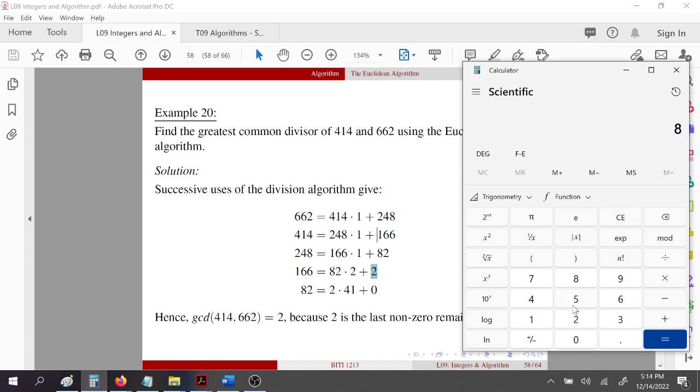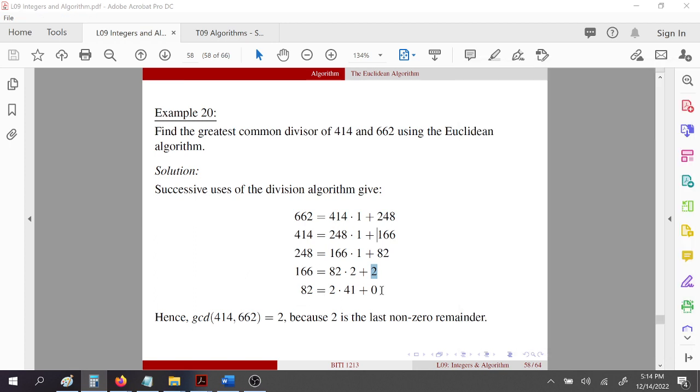So 82 minus, maybe 2 times 41. Okay, then we obtain 0. Okay, so that's why we come out with this. This is the last equation. After we come out with this kind of equation,